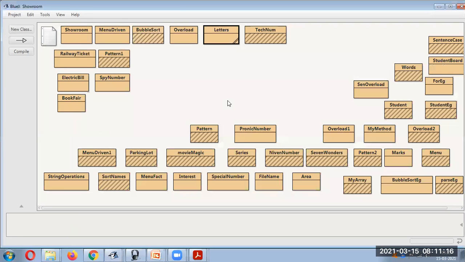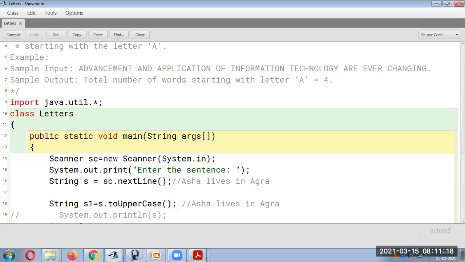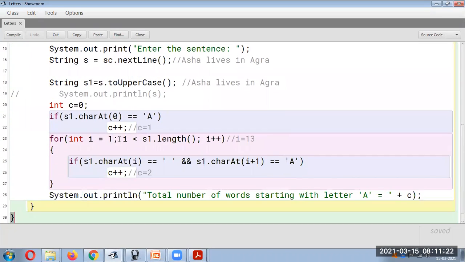So it has given 7. Okay, how has it happened? As you can see, this is a key point. This one is for the first character only. If it is the first one from the sentence, this will be taken. And for the remaining ones, whenever you find A and the previous character is a space, then only we will increase the count.